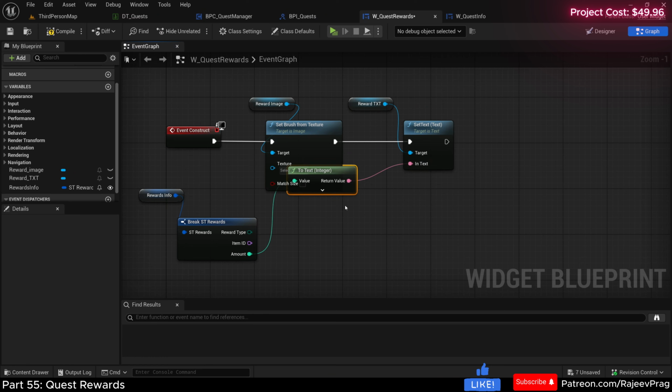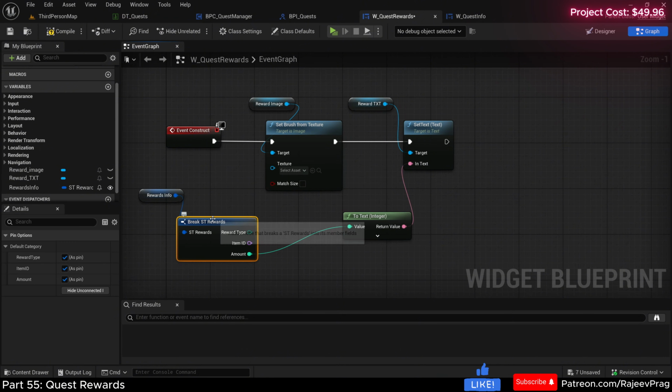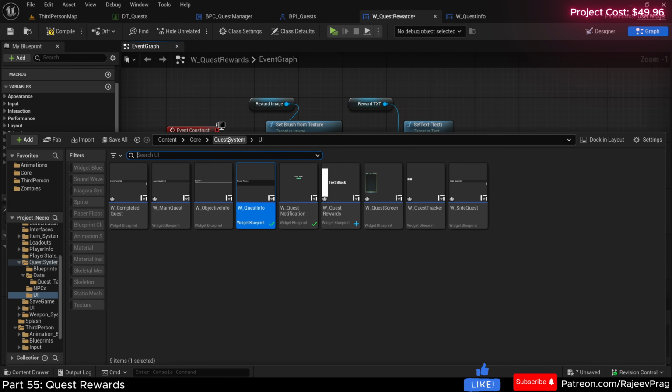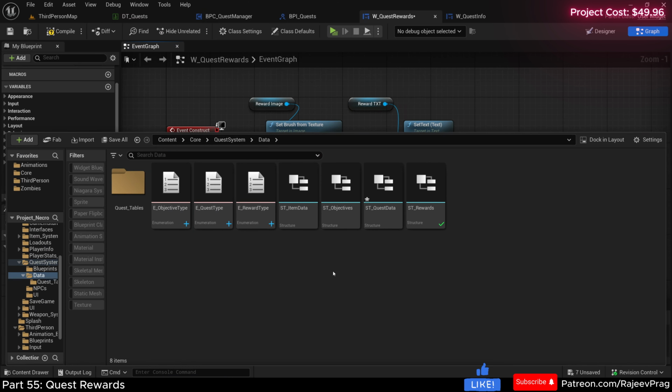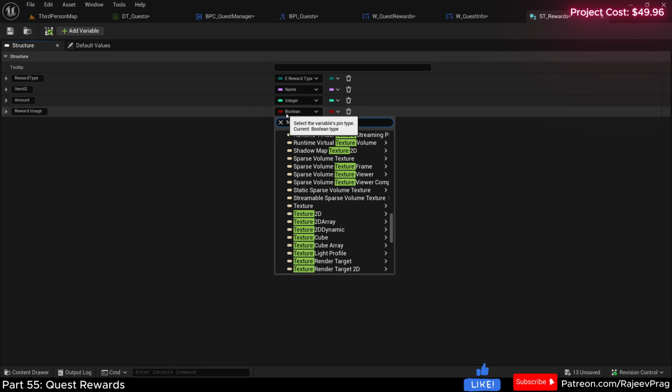If it is XP, and if you're going to hand out 100 XP, then it's going to say 100. As for the image, we don't really have an image in our structure, so let's go ahead and add that. So I'm going to go to our content drawer, quest system, data, and then open up our ST rewards and add in a new variable. And this would be our reward image. Set this to a texture 2D image,